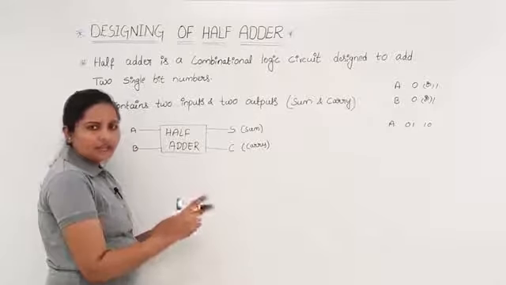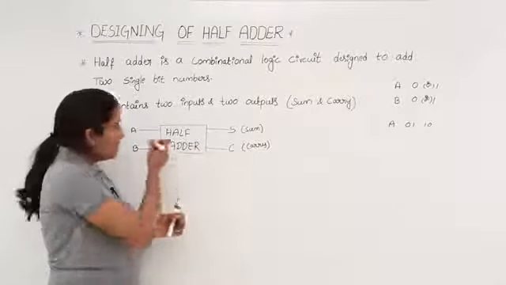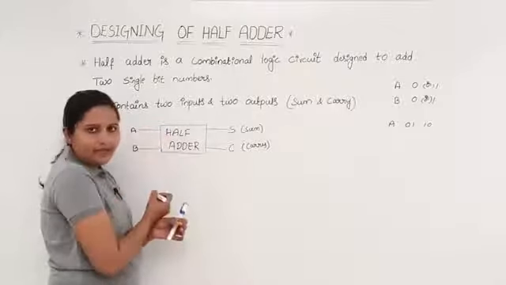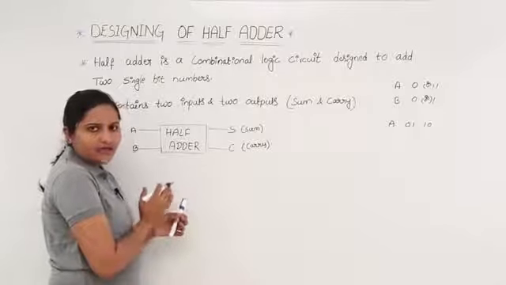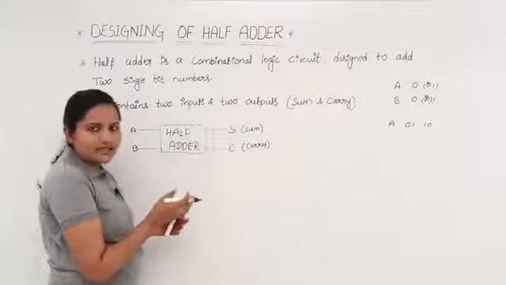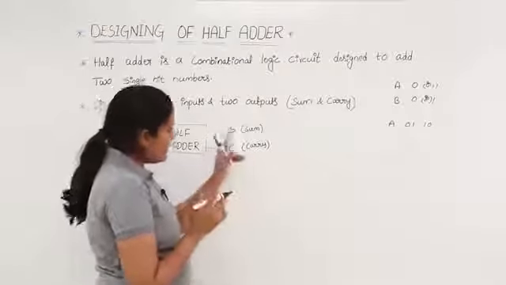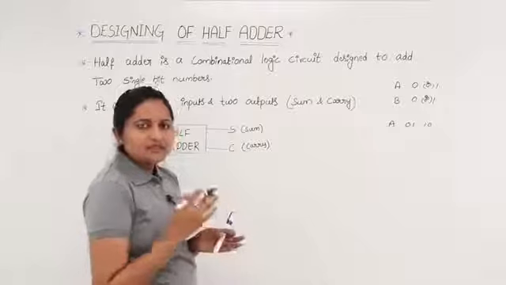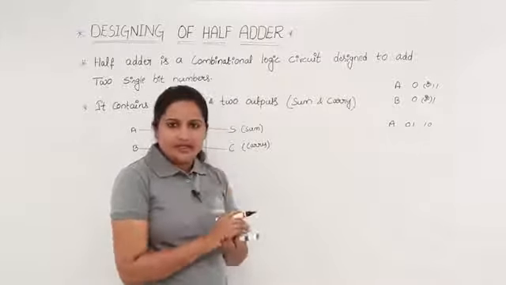According to the problem definition I need two inputs, which I labeled as A and B, and I need two outputs to design a half adder. The outputs are sum and carry. If carry is there, then it goes to carry. So I named them S and C. The third step is we need to define the truth table for the required relationship.